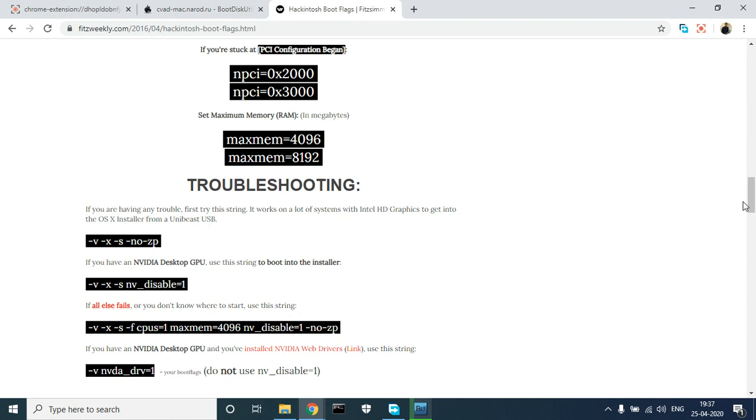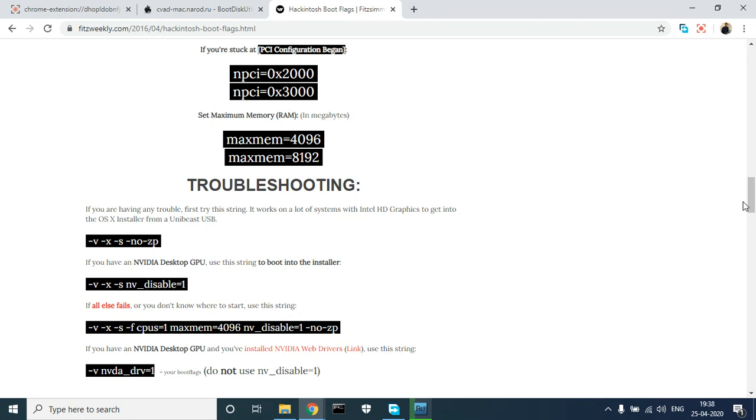Similarly, if you have an NVIDIA desktop GPU, that is you are using a graphics card from NVIDIA, you can use this boot argument: dash V space dash X space dash S space nv_disable equal to 1.